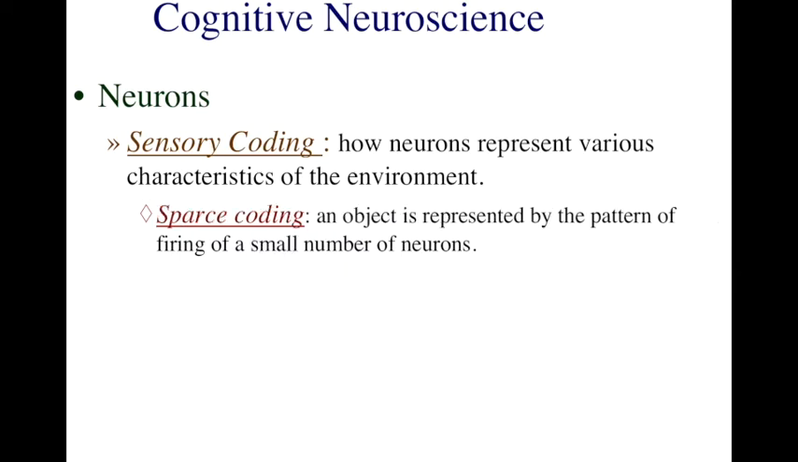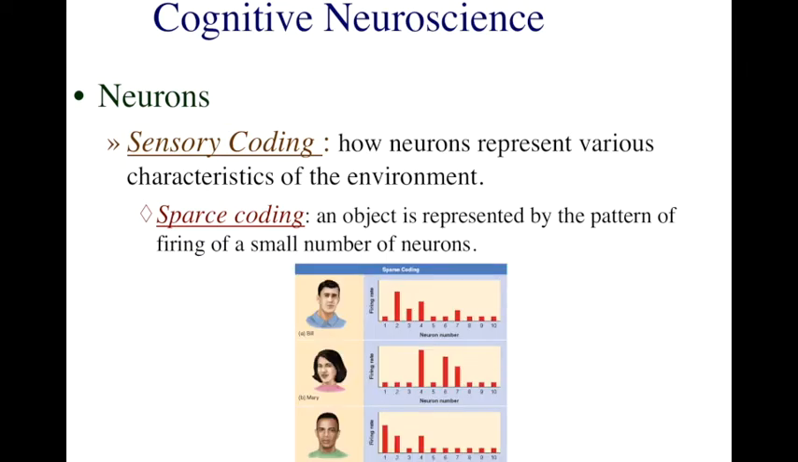Another type of coding, similar to population coding, is sparse coding. In sparse coding, we're looking at representation here in a pattern of firing for a smaller number of neurons. So for example, now we can see that for Bill, neurons 2, 3, 4, and 7 are important. For Mary, it's 4, 6, and 7. For Raphael, it's 1, 2, and 4. We still have different patterns, but it's a matter of some neurons being active for Bill's face, and some neurons being active for Mary's face, and some neurons being active for Raphael's face, and the rest of the neurons being